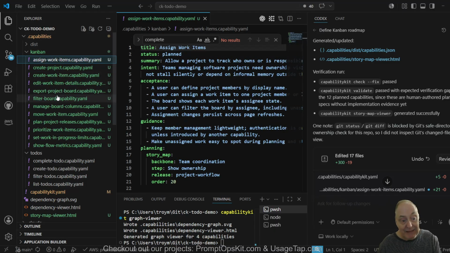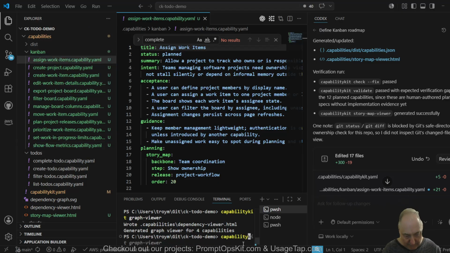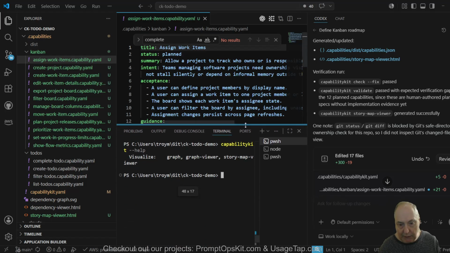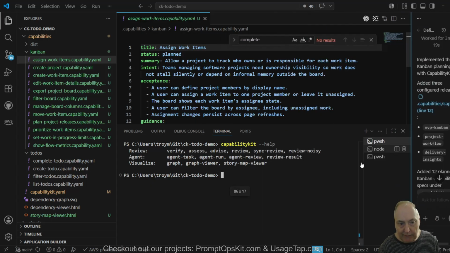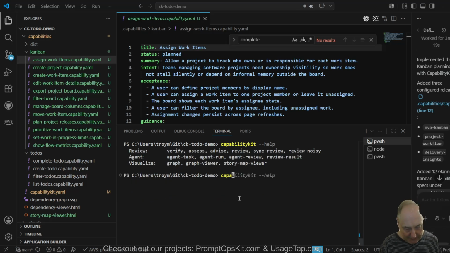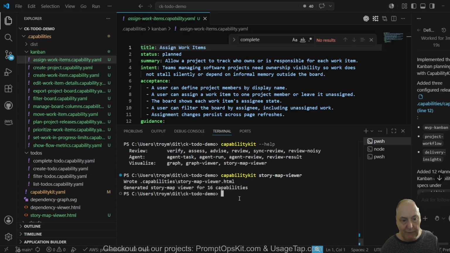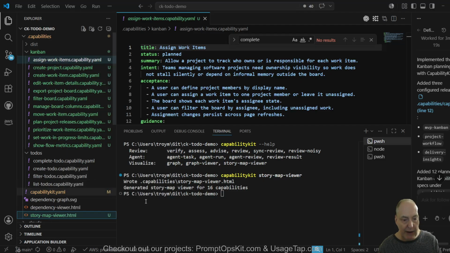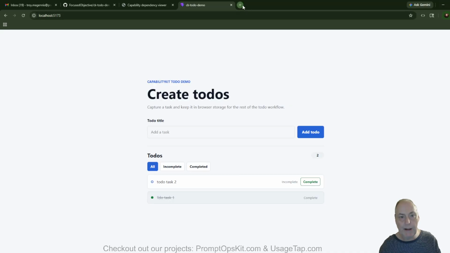Now, again, how do we best see that? Well, you'll see under our visualization, sorry, let me just move this up and let me move this across, that we can actually see a story map viewer. So if I do CapabilityKit, sorry, you have to watch me type. I know it's painful. What we do is we create a story map viewer HTML file. If I copy that and paste that into a new folder here,